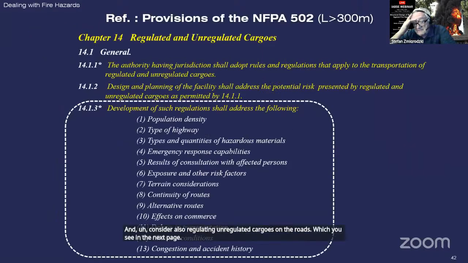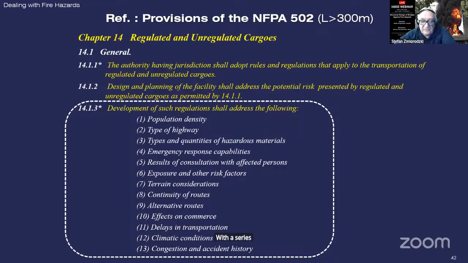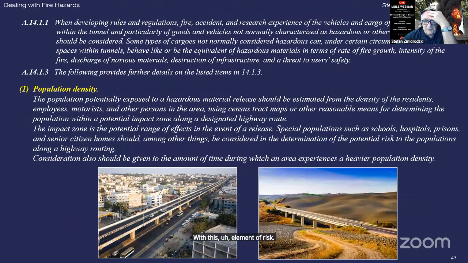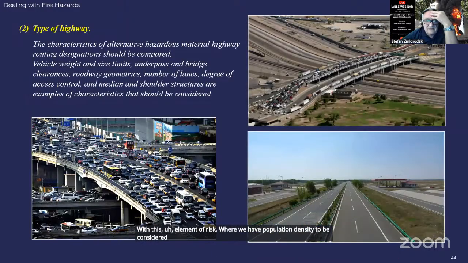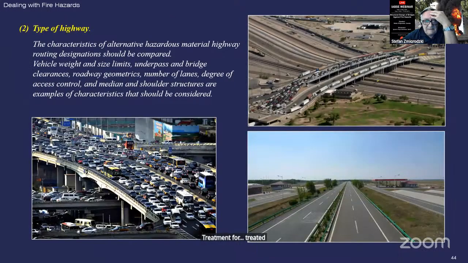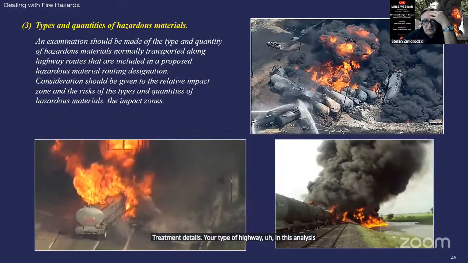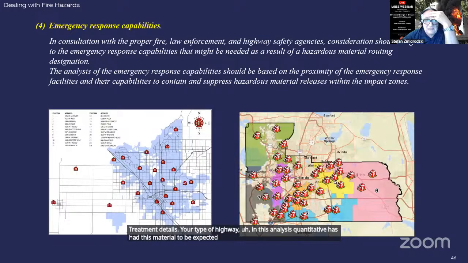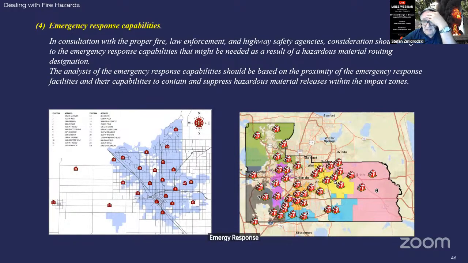This is quite well covered by the NFPA 502, by the way, with a series of elements to be considered on how to deal with this element of risk, where population density has to be considered. I would go quickly, as the NFPA standards are available, so you can see all these aspects treated in detail: the type of highway in this analysis, quantity of hazardous material to be expected, emergency response capabilities in the area,